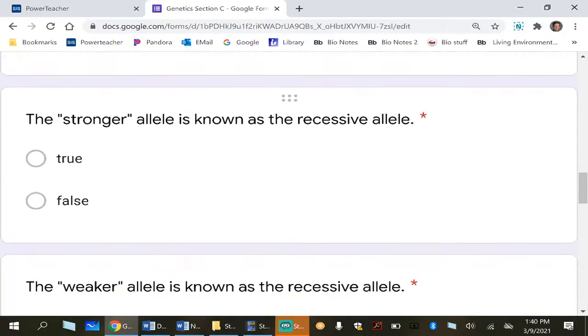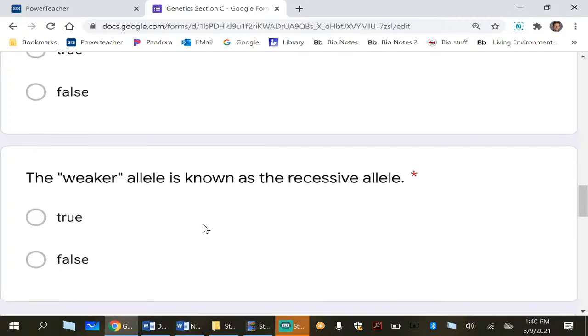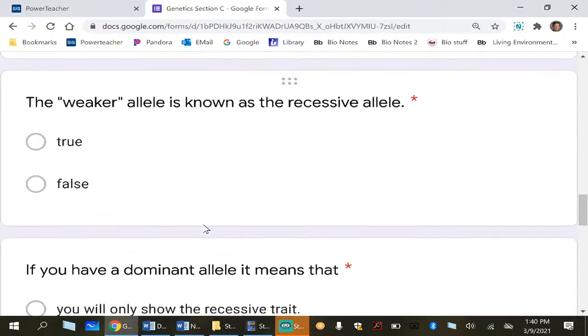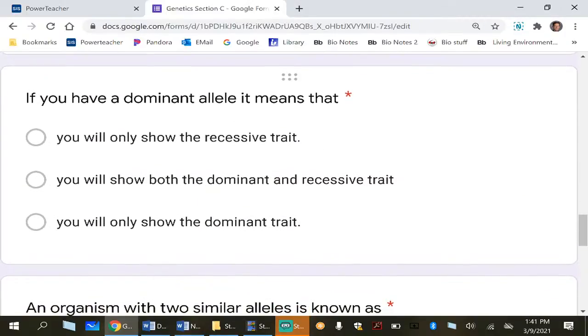Ready? Next. Karamia. The stronger allele is known as recessive allele. That's false. Correct. Good. Next, Jimmy James. The weaker allele is known as recessive allele. True. Definitely true. Correct. It's recessive. Next, Gabby. If you have a dominant allele, it means that you will only show